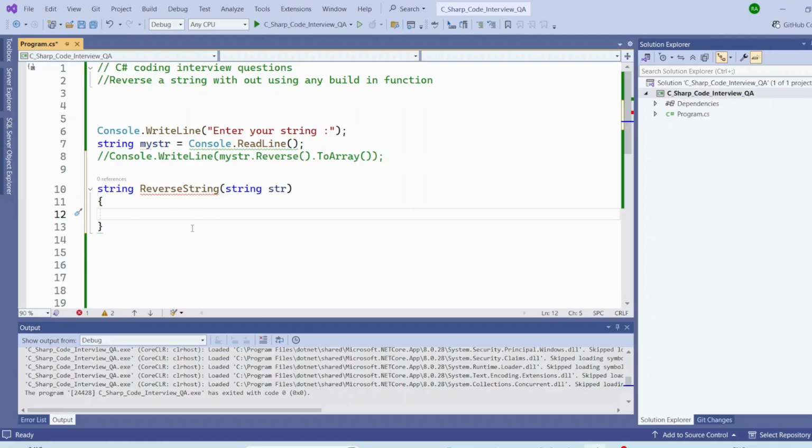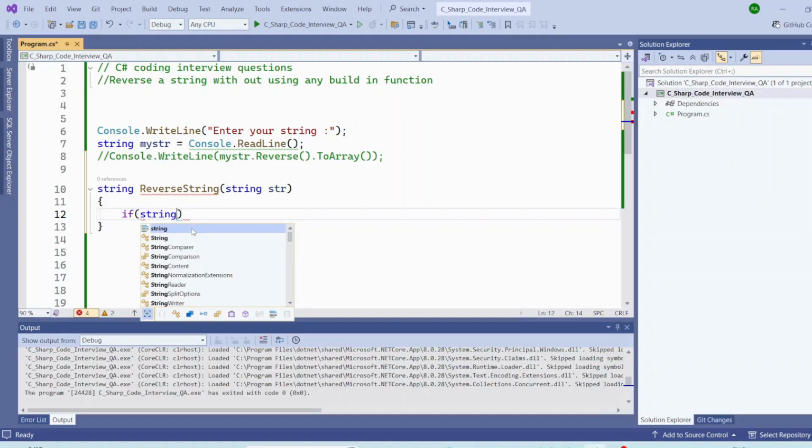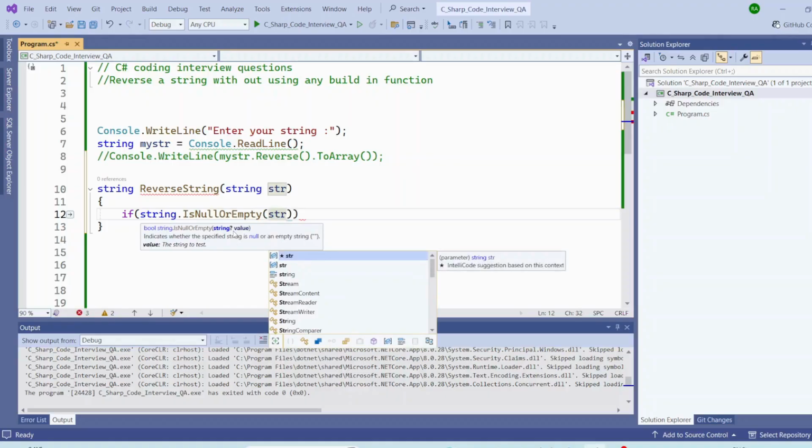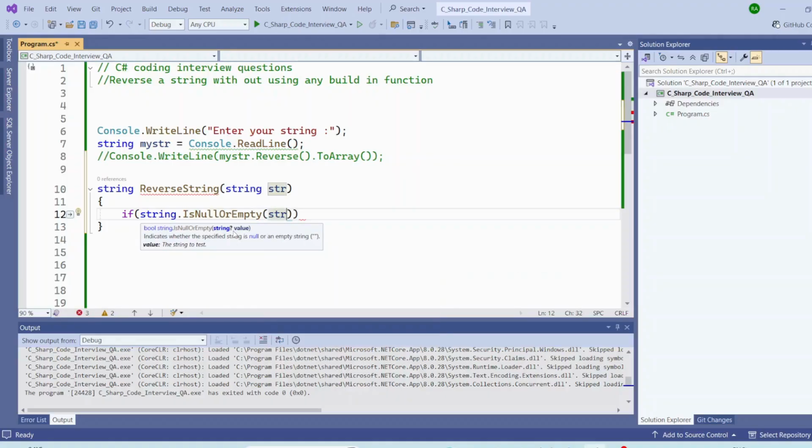So here we can check if string.IsNullOrEmpty of str, then we need to return whatever string that we have here. Otherwise,